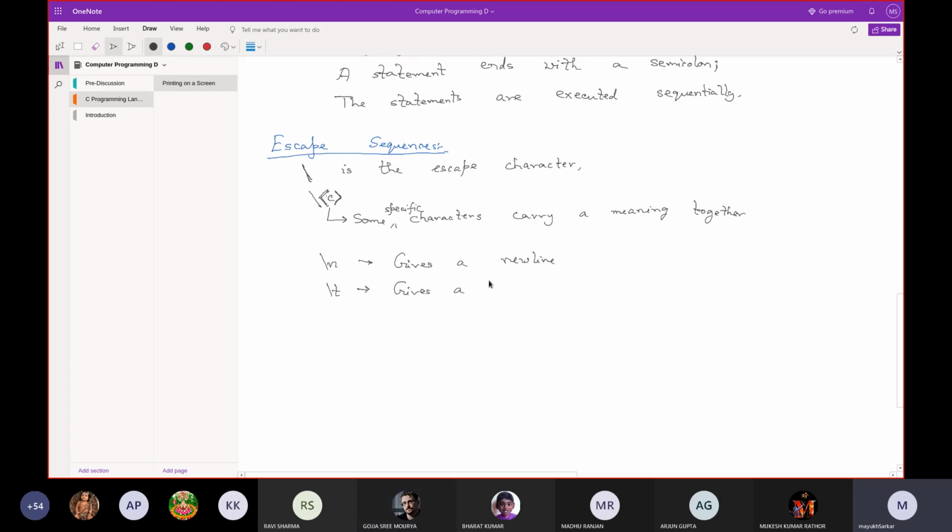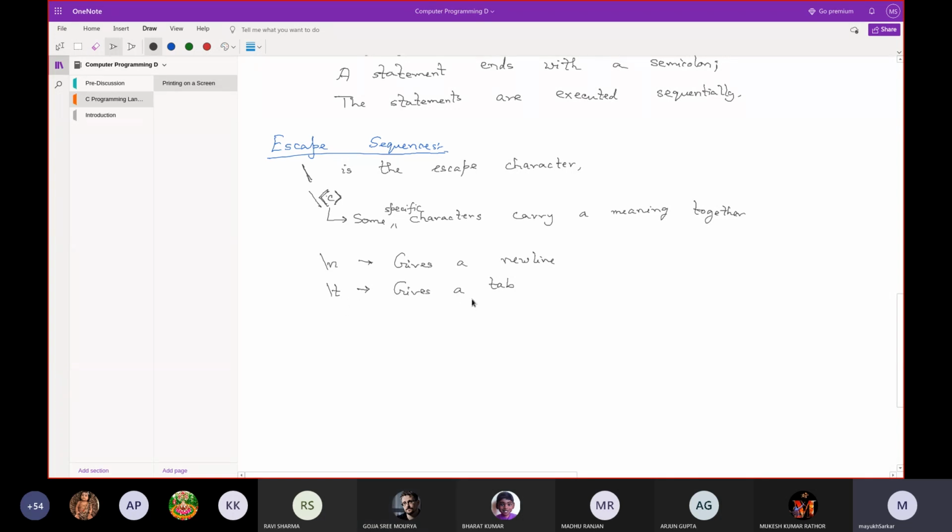Sir, sometimes if we want to print the path of anything, generally we use backslash and it comes into the picture. Then we actually don't want to print that into a new line, whereas we want to print the path. Then how will you print a backslash itself? I'll come to that point. Okay.